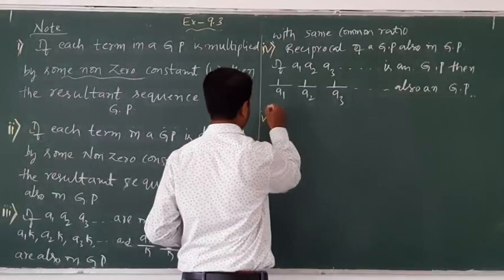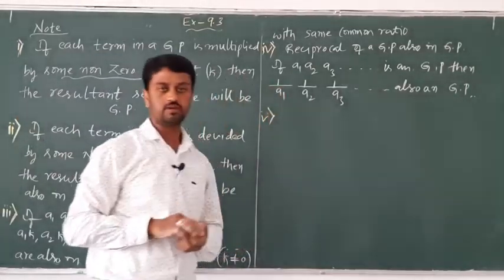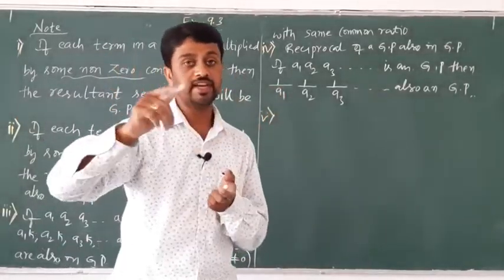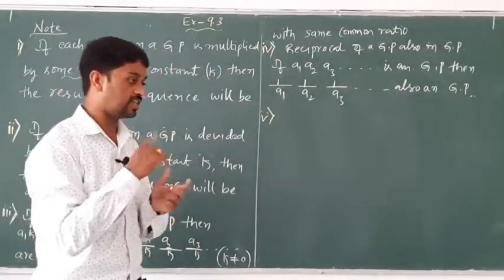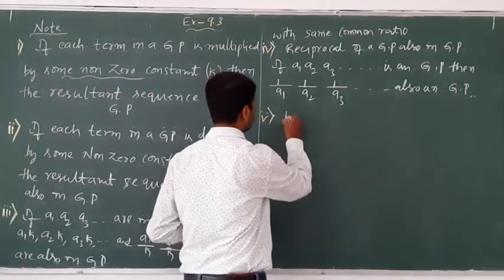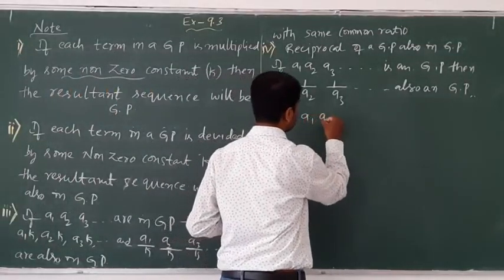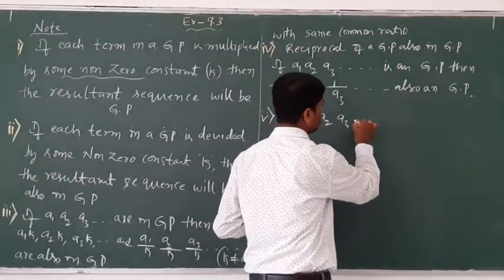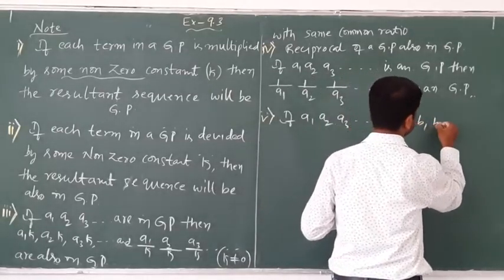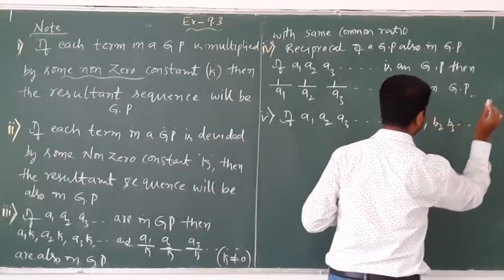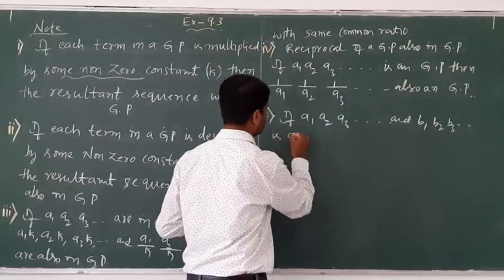Listen, I will give an example also. If A1, A2, A3 up to so on and B1, B2, B3 up to so on are in GP,